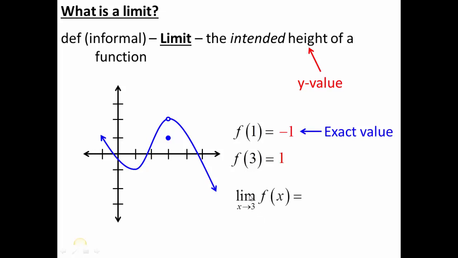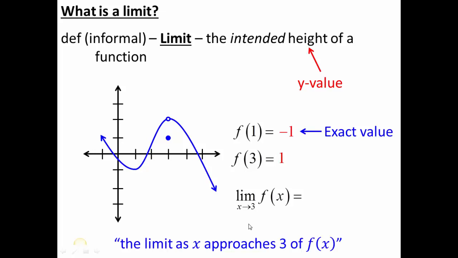So then I ask my new question, involving a limit representing the intended height. And I read this, the limit as x approaches 3 of f of x. So what is the intended height as the graph gets arbitrarily close to 3 for the given function? And when you're evaluating a limit, think about covering up the entire vertical line at x equals 3. You don't see this dot, you don't see this hole. If I look at everything around x equals 3, it looks like a nice smooth continuous curve, but then when I look at x equals 3, I've got this craziness going on.